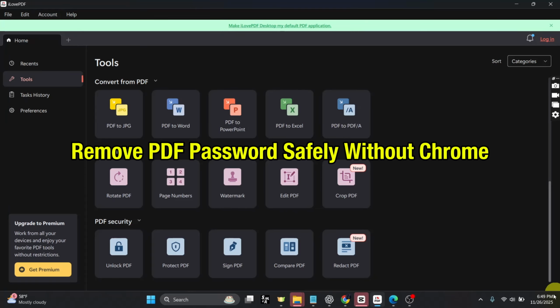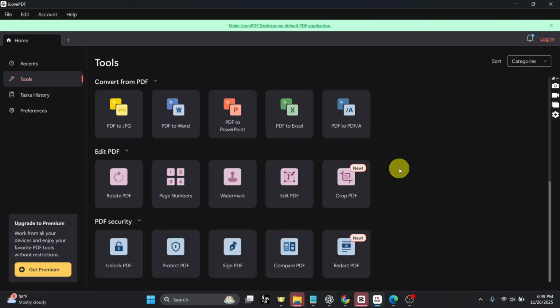In today's tutorial, we will learn how to remove a password from a PDF without using Chrome. First, go to the Microsoft Store and download an application called I Love PDF. After installation,